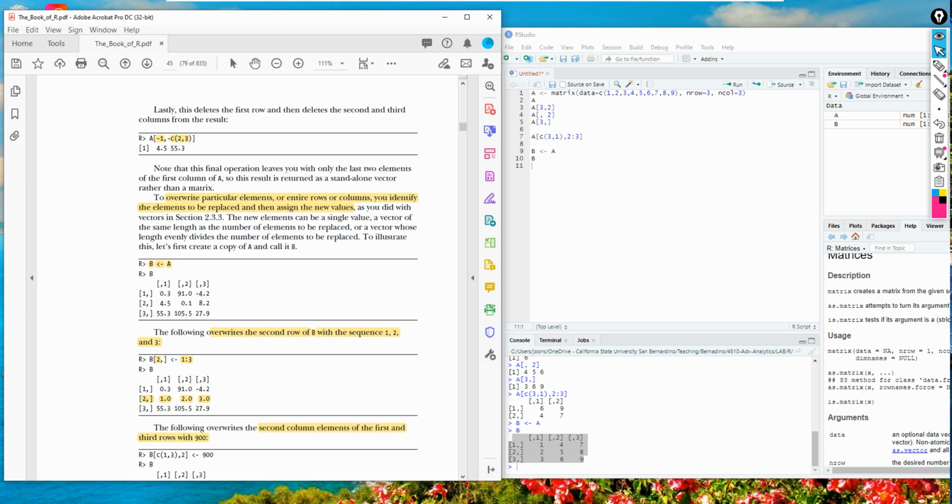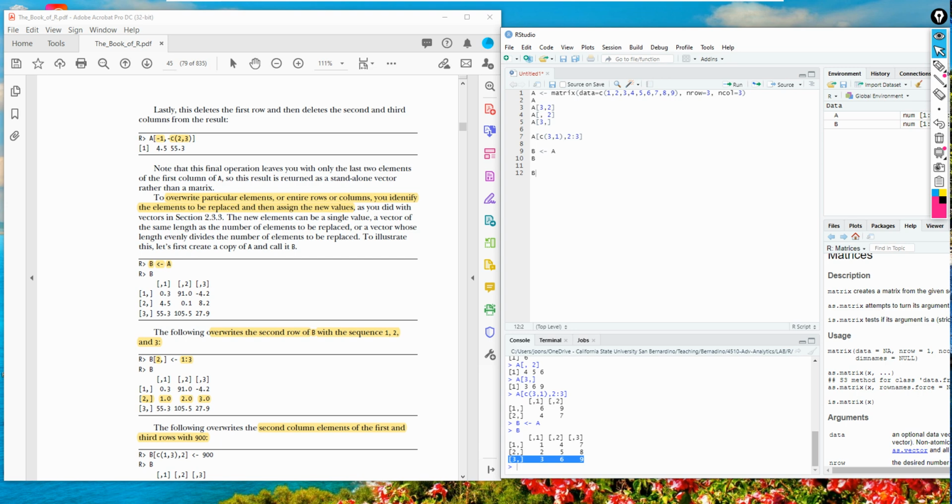For example, let's say I have B and I'd like to change a row. Right now it's 3, 6, 9. I'd like to change it to some sequence, maybe 12 to 14.